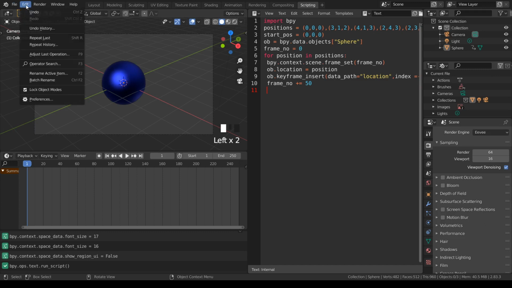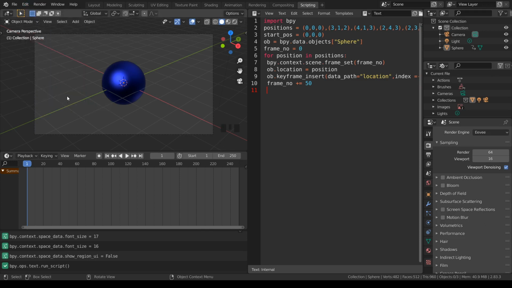So here I will go to edit. In edit, I will go to preferences. In preferences, I will go to key map. When you go to key map, you will search over here for view navigation. So I will select view navigation. Now in view navigation, this has to be checked because I have to work with navigation. This is by default checked in most of the cases.